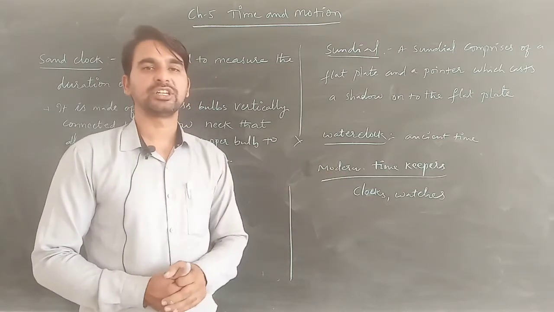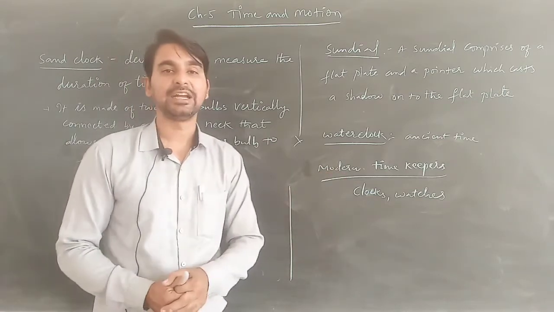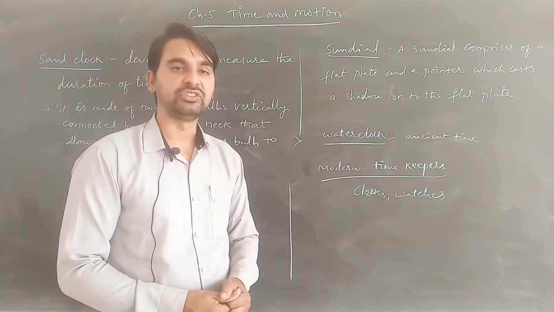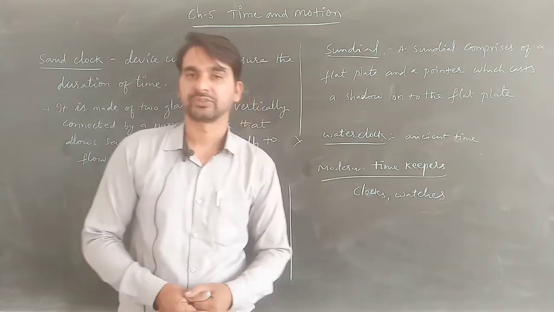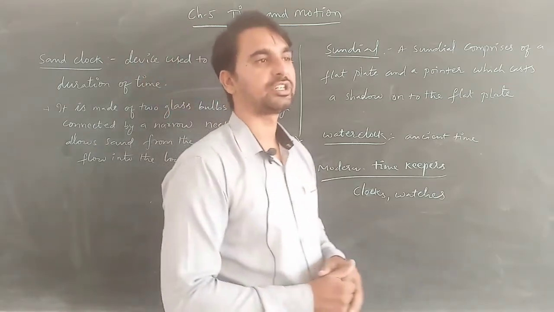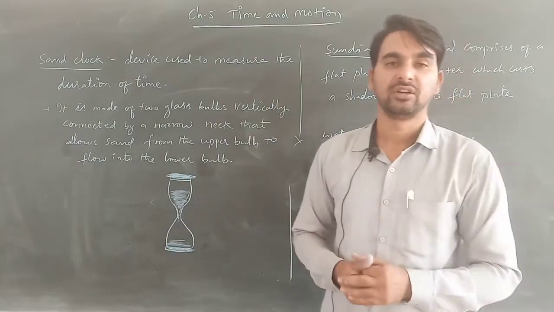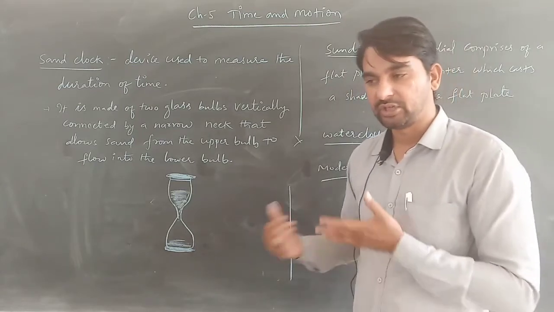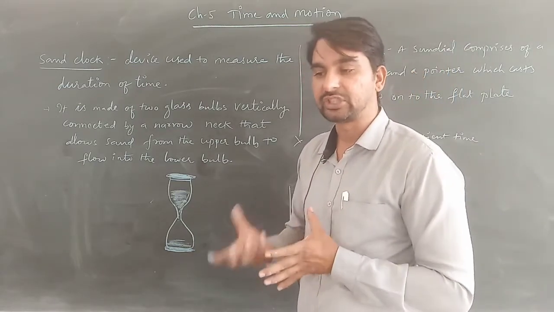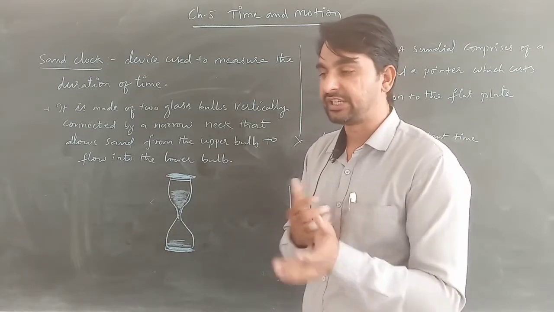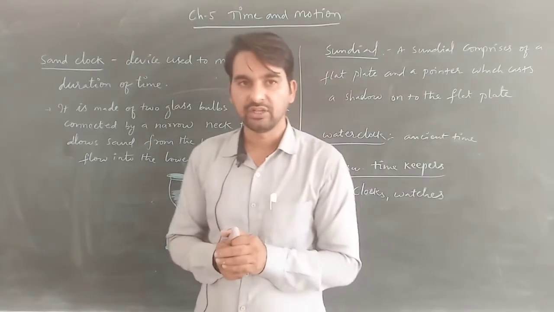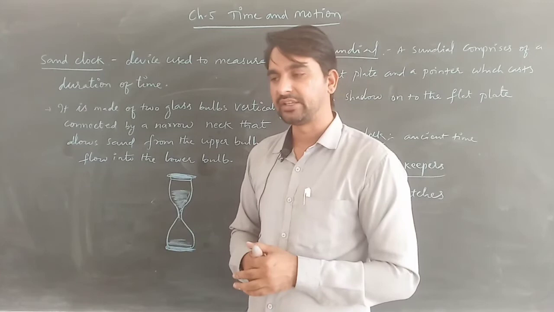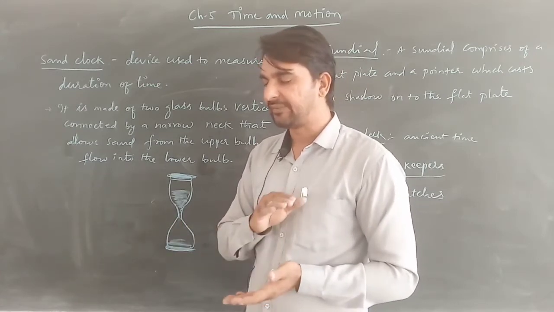Now when we talk about modern timekeepers, we have clocks and watches. Nowadays we have modern timekeeping machines which we refer to as clocks and watches, so it is very easy for us to measure time. Anywhere, by seeing our clock, we can easily point out the time, as well as with the modern digital watches available in our electronic gadgets. The clocks we use are quartz clocks and hand watches, and digital clocks are present everywhere.